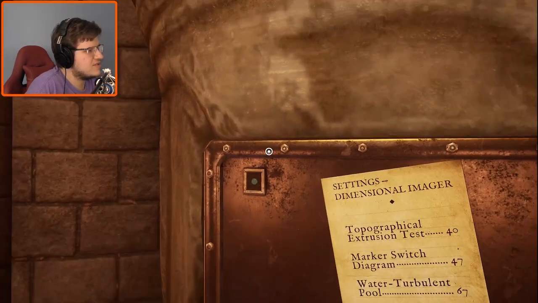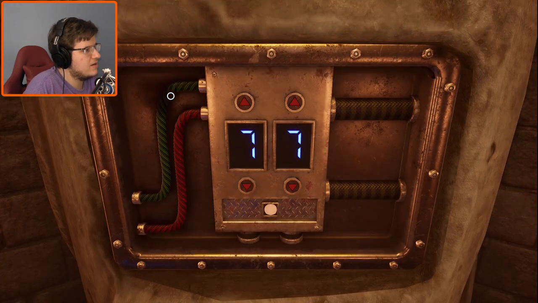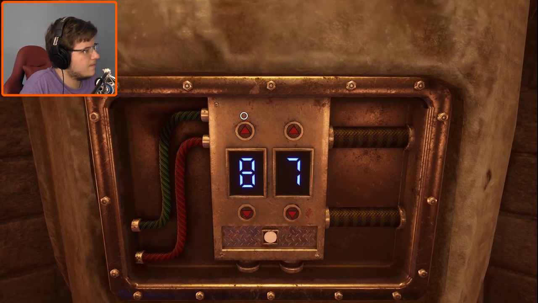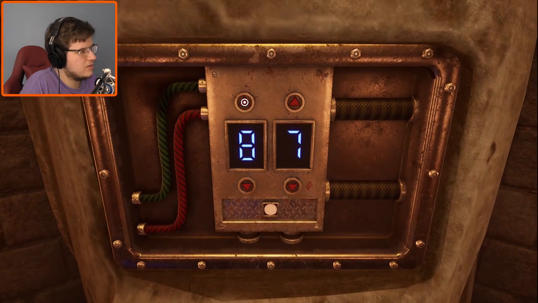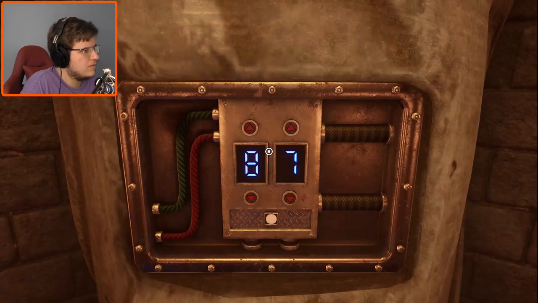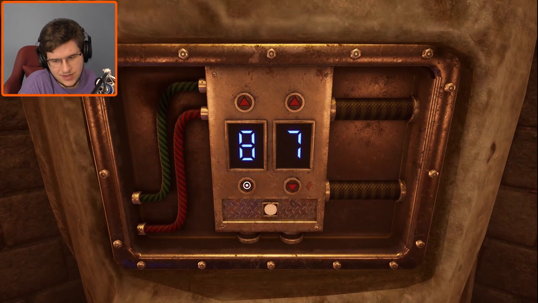Topographical extrusion test. So now that we've written these down, alright, so we can presumably change this to... no, we can change this to something else, correct? Yeah, the game's very clunky and a little bit too sensitive, but that's about what, again, I expect from...